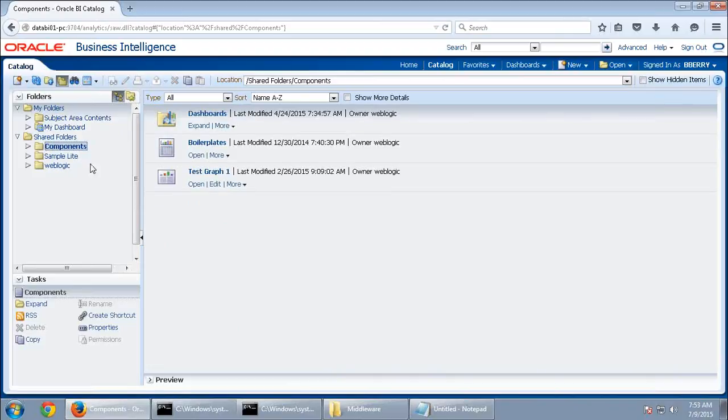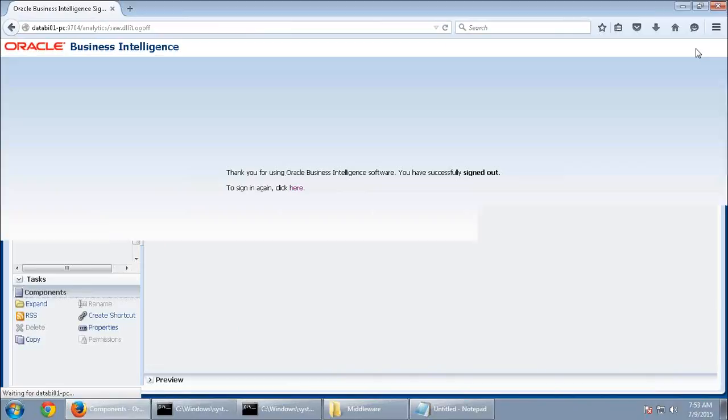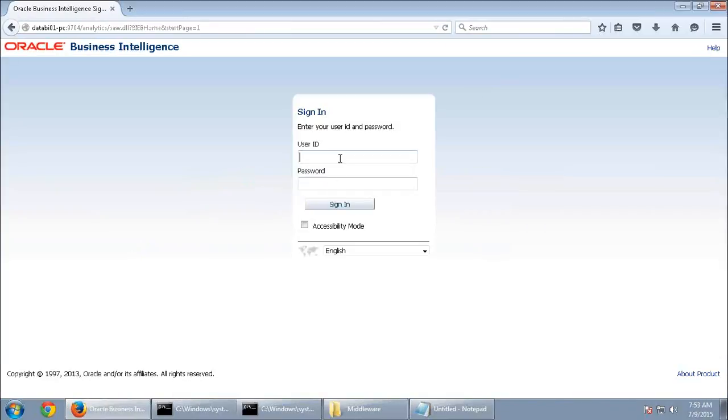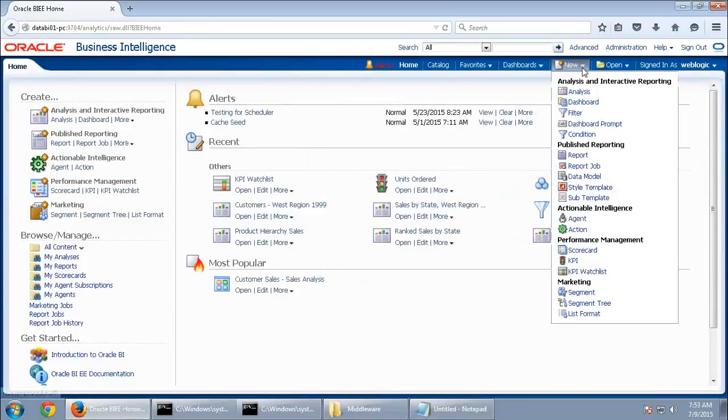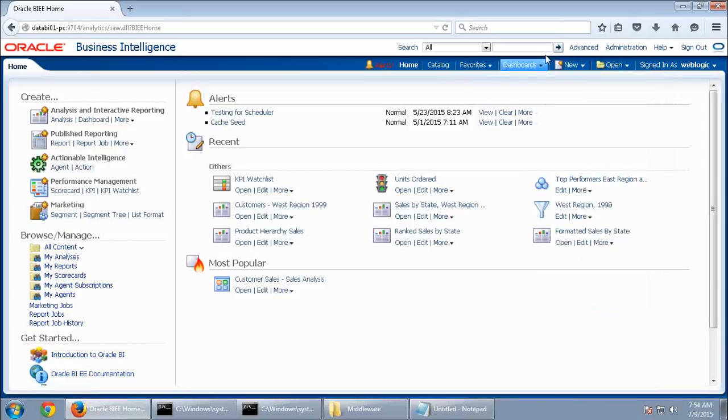Now just sign out of this application. Just observe our Administration link. Here I have analysis, dashboard, all those things which are similar with respect to your BI Author role. The additional things are you have Administration, you have Manage Permissions, and you can do anything with respect to administration here.